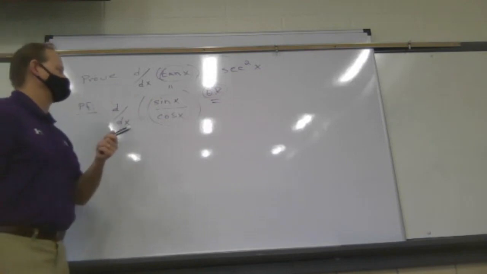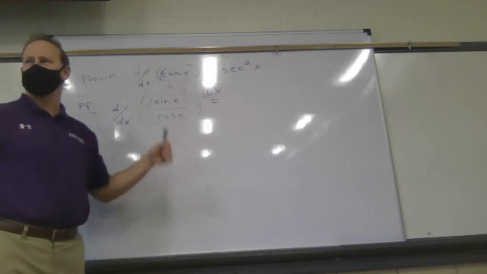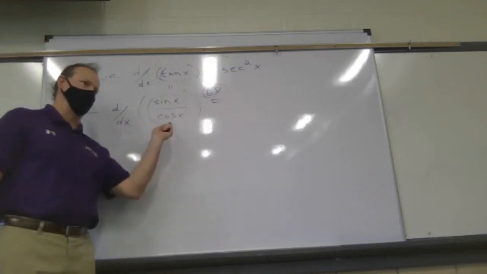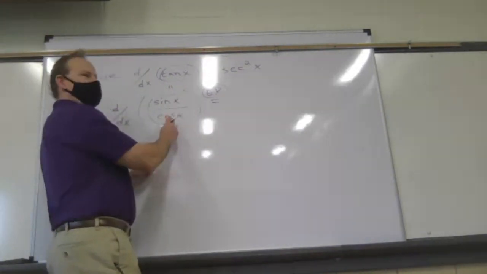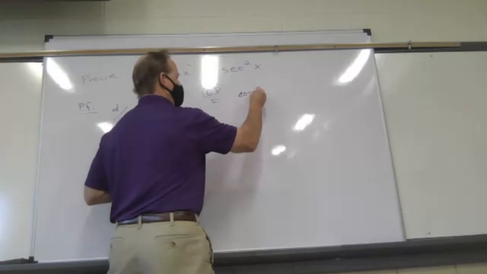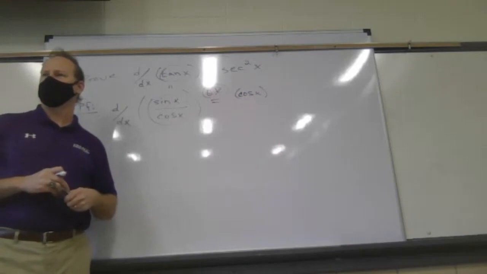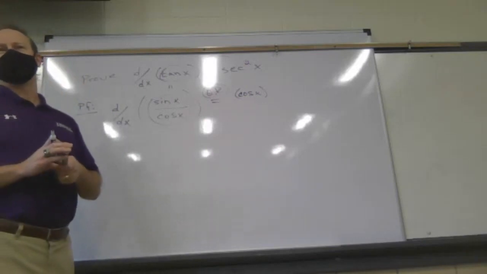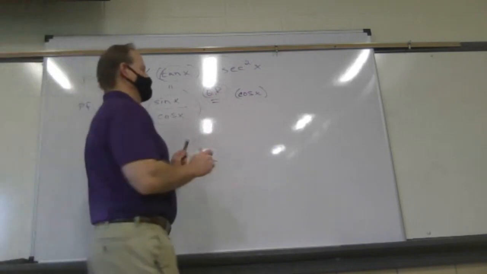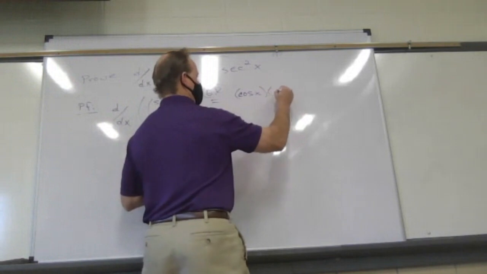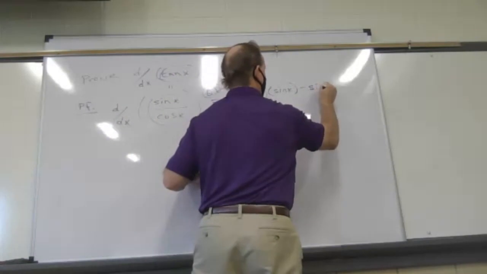So what is the quotient rule? Well, the quotient rule says the derivative of a quotient is the bottom one times the derivative of the top one minus the top one times the derivative of the bottom one, all over the bottom one squared, right? So if I do that, let's do that. So we start at the bottom, so it's the bottom one, which is cosine of x, times the derivative of the top one. Well, what's the derivative of sine x with respect to x? Derivative of sine is cosine, right? So it's cosine x times cosine x, minus the top one, which is sine x, times